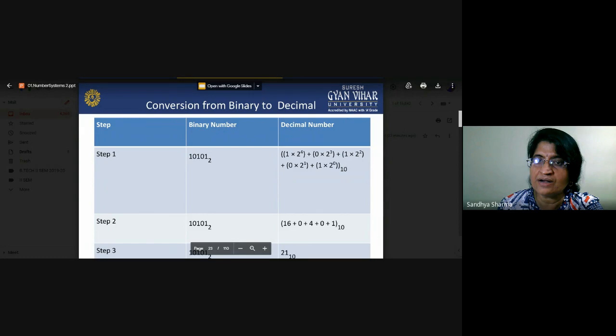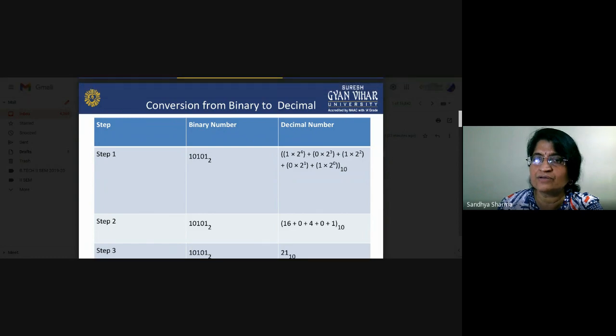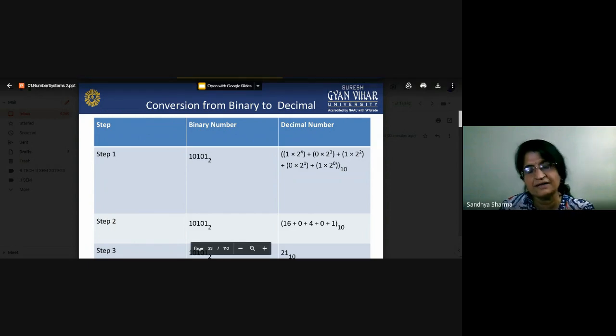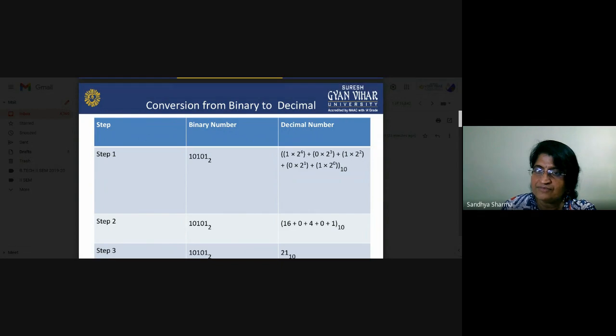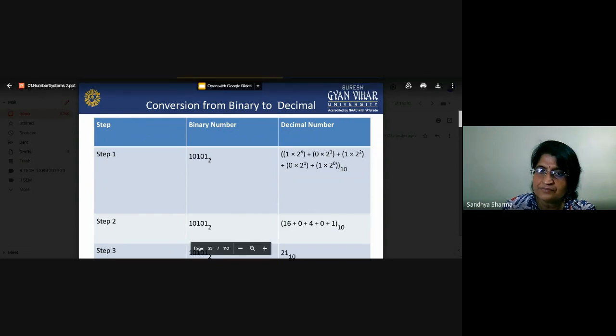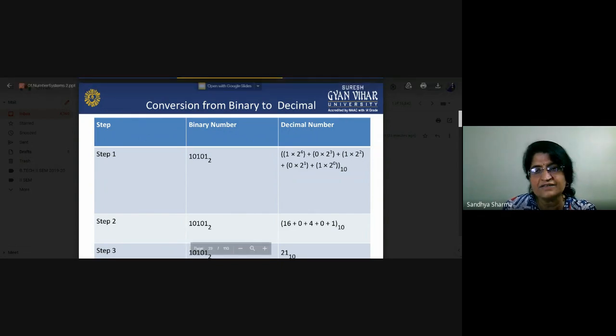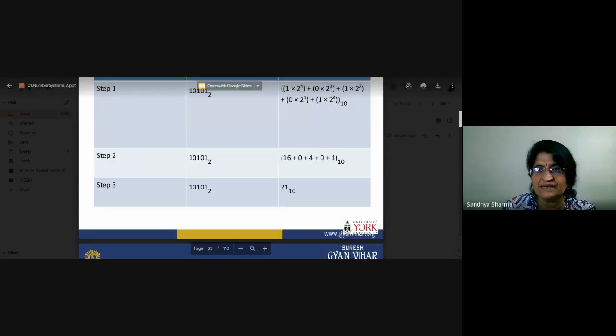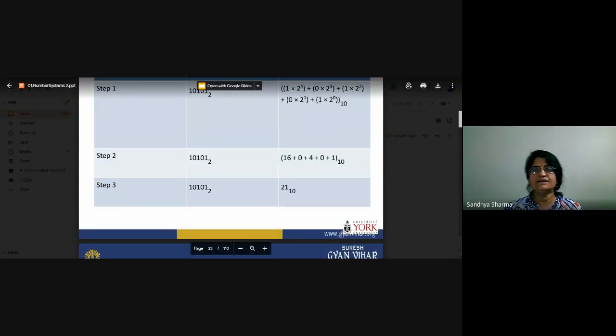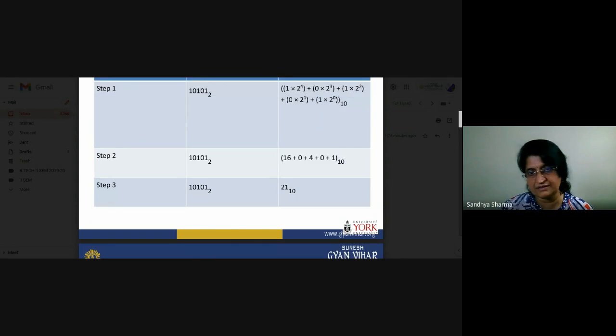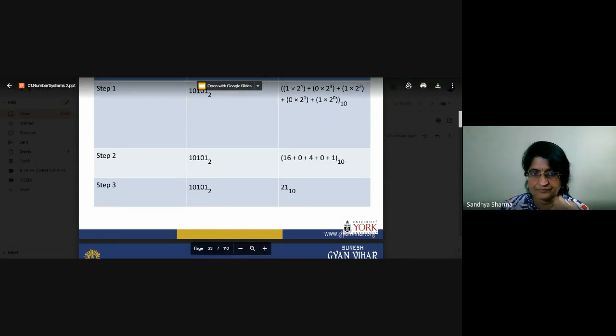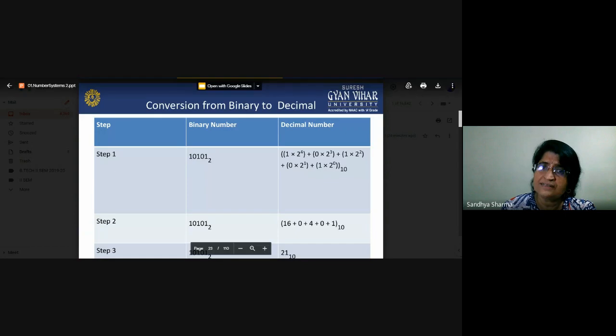So what about the 4? 4 is the last position of that particular binary number. From 0 to 4 is the numbering of the bits of that binary number. So we multiply these bits with 2 to the power 0, 1, 2, 3 and 4, and by adding these we achieve the decimal number system. So the complete thing is represented as a decimal. This 21 is the decimal number of this one. I think it is clear, there is nothing else.